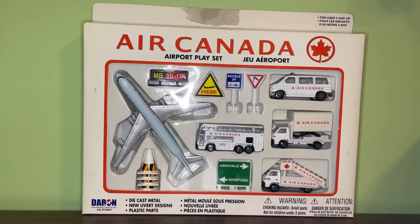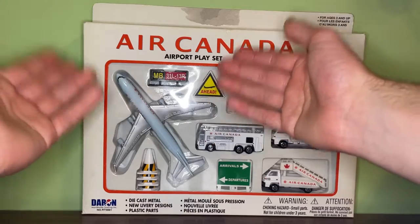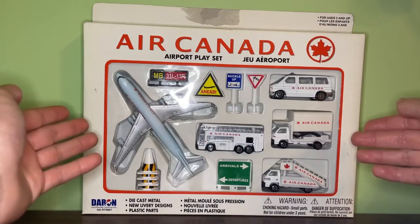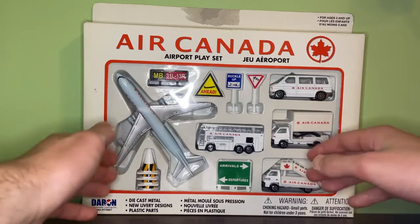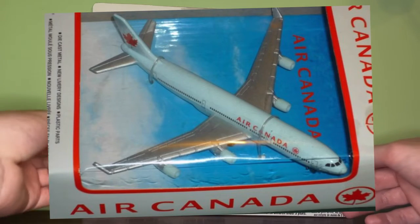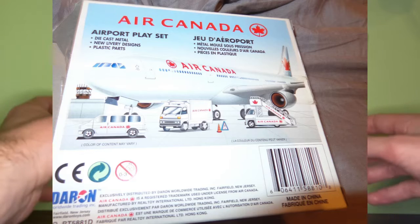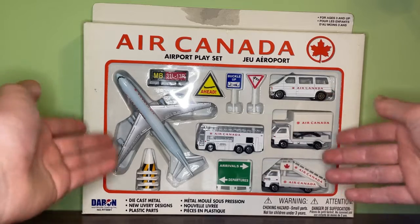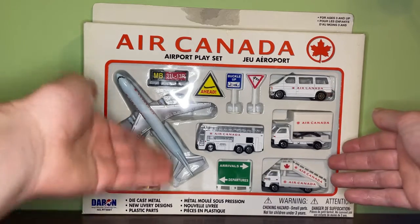So the mint green Air Canada A340 is definitely one of the most interesting A340 models that Realtoy has produced, or just Realtoy models in general, because of the history behind this particular model. Not only was it one of only very few A340 models produced over time, but it was also the only A340 model produced in all forms of Realtoy models. It was produced as a single plane, normal airport playset, in-flight airport playset, and even the large airport playset. It was produced from the early 2000s until sometime around 2008 when Air Canada retired the